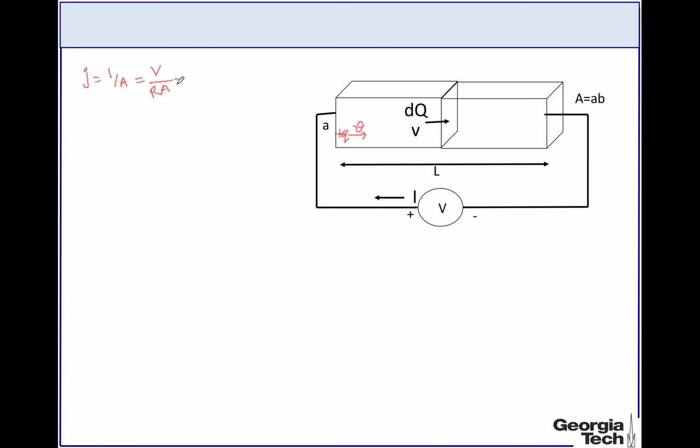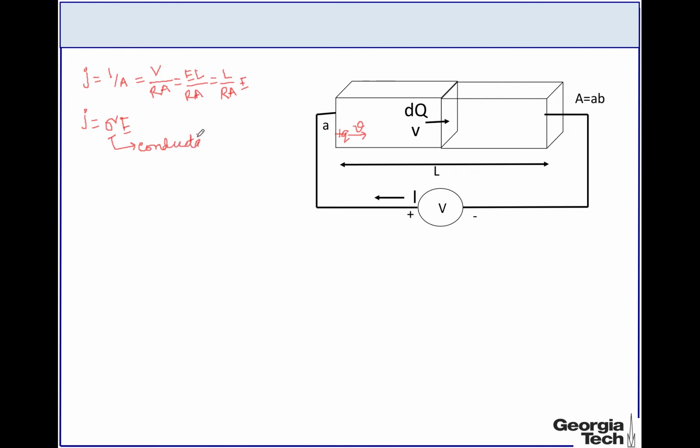So that gives V equals E multiplied with L. Essentially this relationship says that the current density is proportional to the electric field. Now we can write this equation like this. The current density J equals sigma multiplied with E, and sigma is the constant of proportionality between the current density and the electric field, and this is called the conductance,